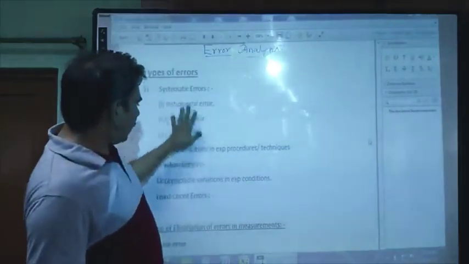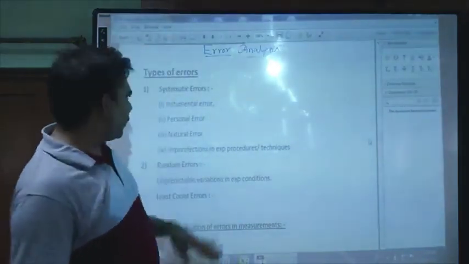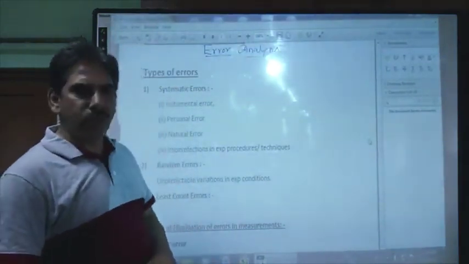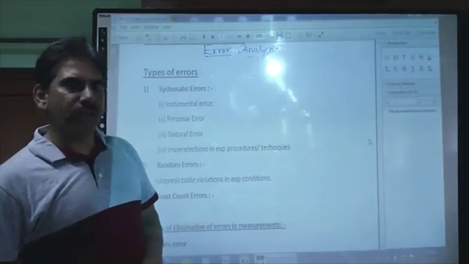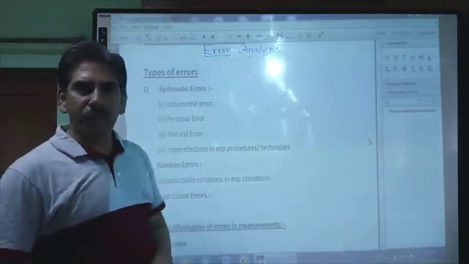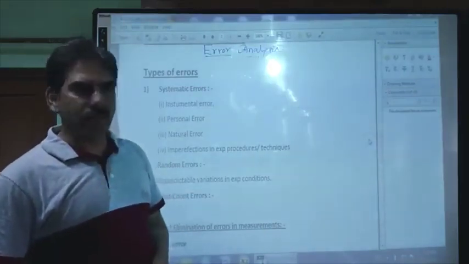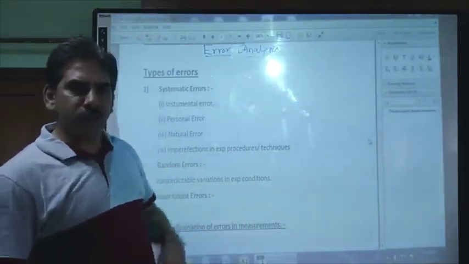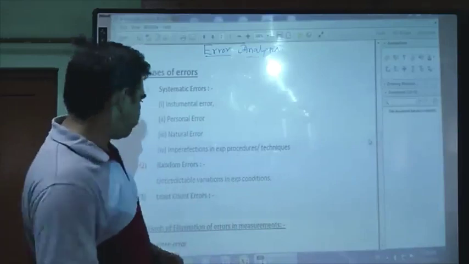So all kinds of errors we have discussed are called systematic errors. We can try to reduce the chances of error, or reduce the degree of error, but we cannot eliminate it completely, because not everything is perfect. So no result can be perfect.